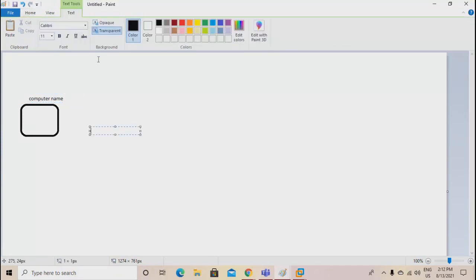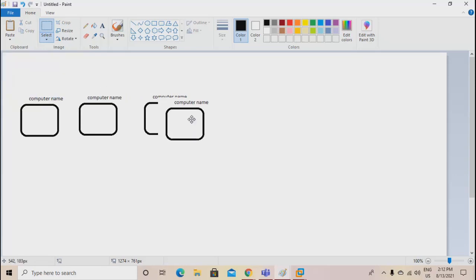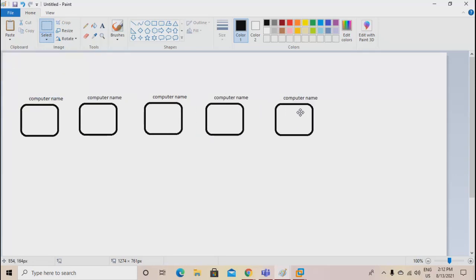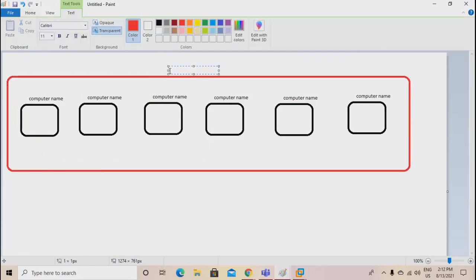Now, a group of computers. If you have a group of computers, this group of computers is by default called workgroup.